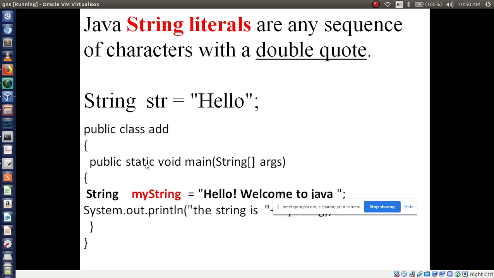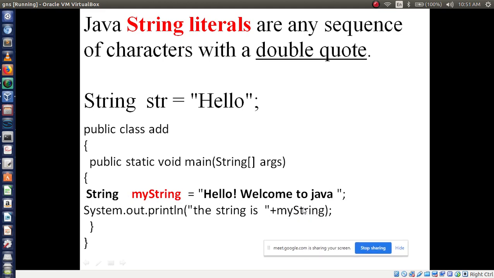And here I am using a simple string, myString. String is a data type. Here myString is the variable name, then I am assigning "hello welcome to Java". This I want to print, and this I am going to store in the variable myString. Which type is myString? It is a string. So here S is capital. In this slide you are going to learn how to represent a string and how to assign a string to a particular variable.